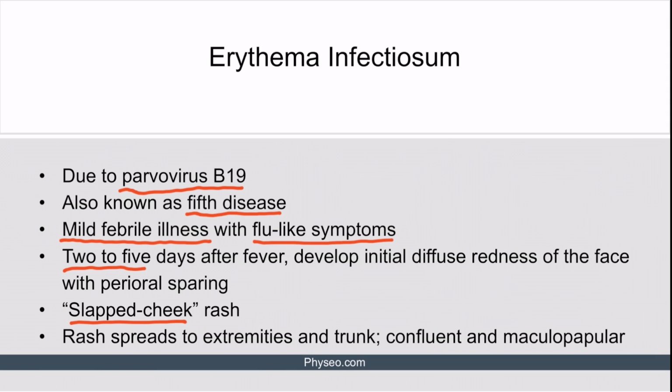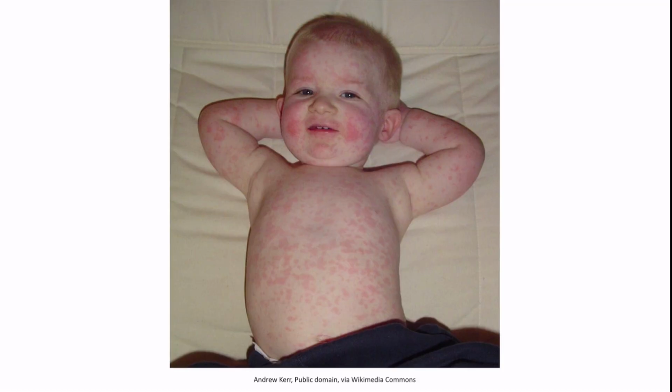After appearing on the face, the rash will typically spread to the extremities and trunk and develop a confluent maculopapular appearance. Here's an image of a child with parvovirus B19 infection. Notice the erythematous patches on the child's cheeks. Again, this is the classic slapped cheek rash of parvovirus. In this child, the rash has already spread to other parts of their body and has a confluent maculopapular rash. You can see some of the areas where the macules are joining together with other macules, which is the definition